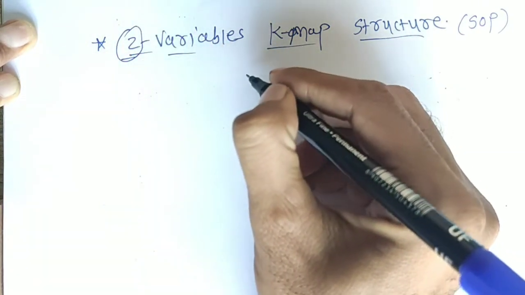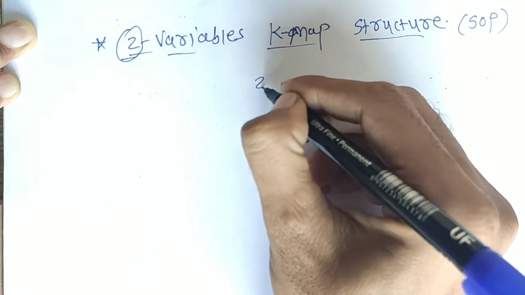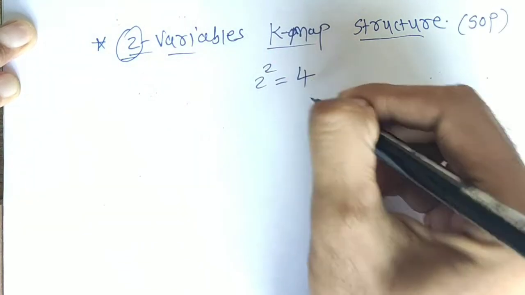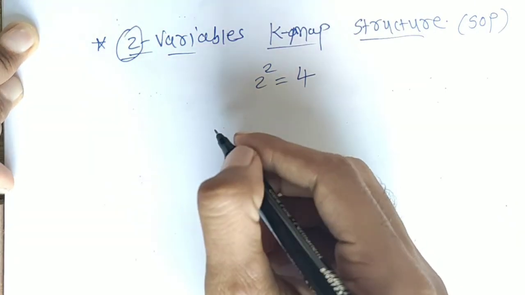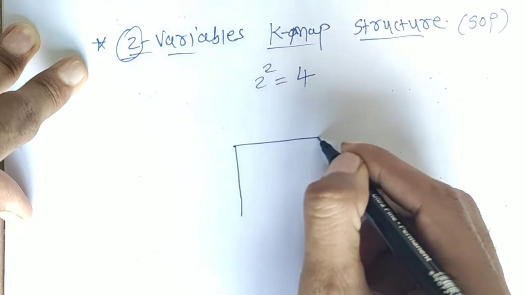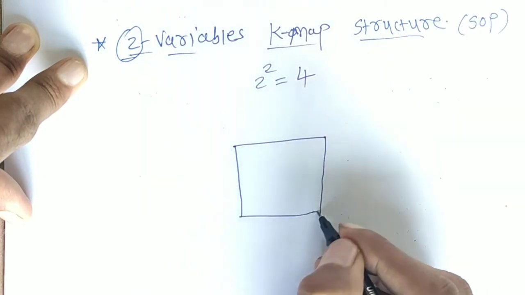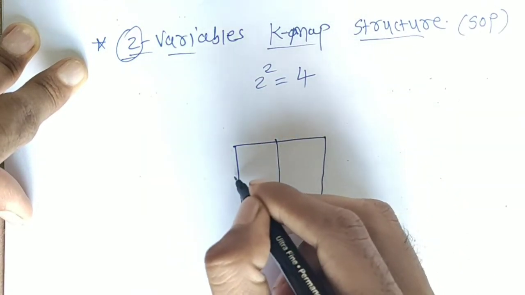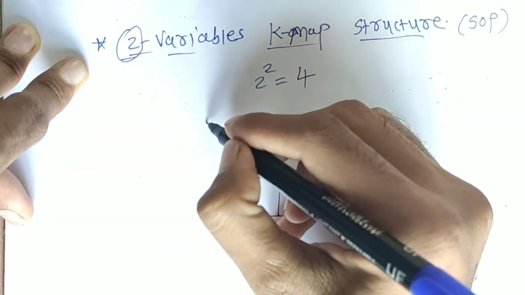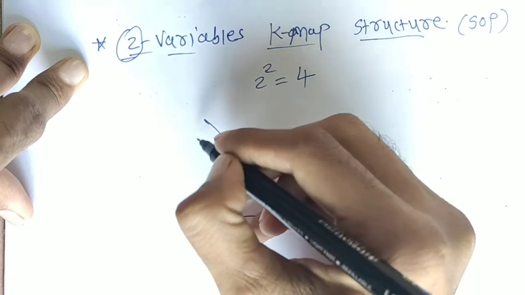2 variables, right? So the possible combinations of 2 variables is 2 raised to 2, so we are getting 4 possible combinations, right? So we have to represent every variable. This is the basic structure. So the number of cells in the 2 variable structure is 4, right? And the 2 variables can be represented as